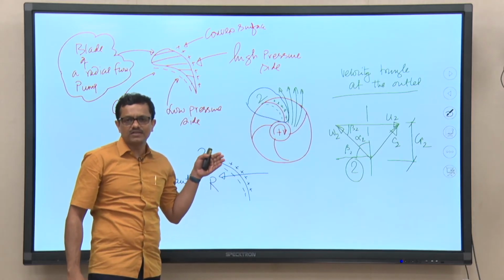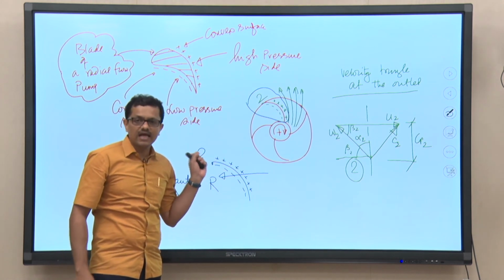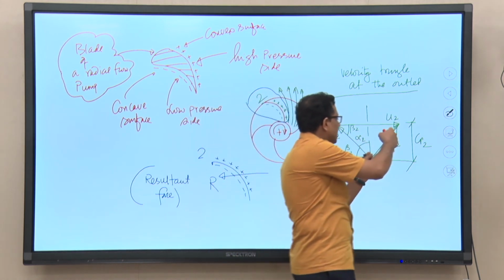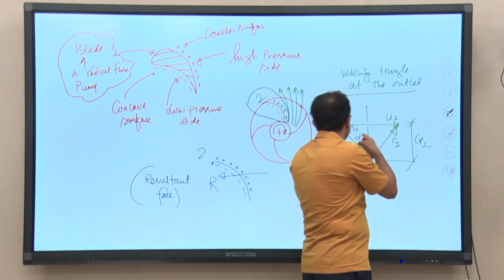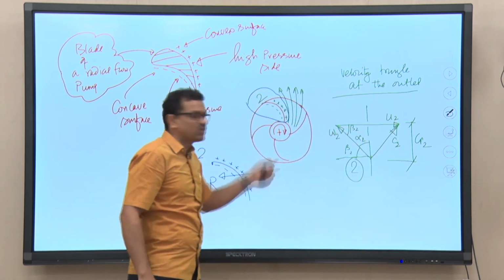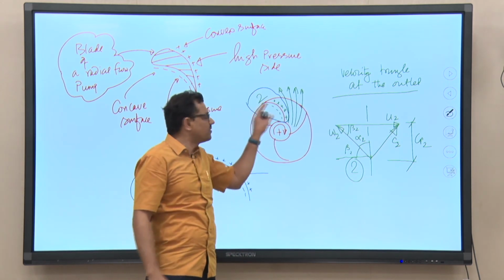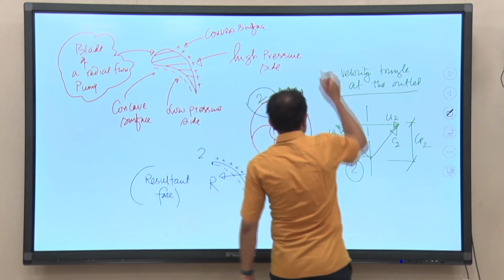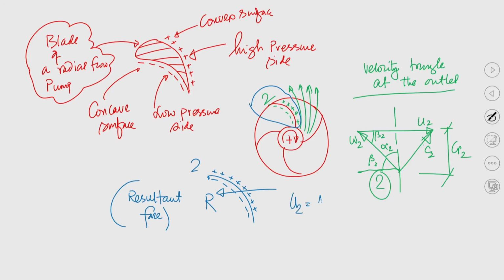Because of this resultant force, pressure is definitely high, and it will have another important consequence that we will be discussing in our subsequent classes. But for the time being in today's class you should understand, because of this resultant velocity, the absolute velocity component C2, and also because the tangential velocity component U2 is fixed, because the pump is rotating at a constant angular velocity and the diameter of the impeller at the outlet is also the same. So, this U2 is pi D2 N by 60 and that is fixed, right. D2 is fixed, N is fixed, U2 is fixed.